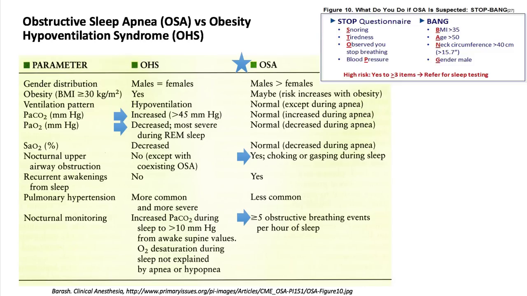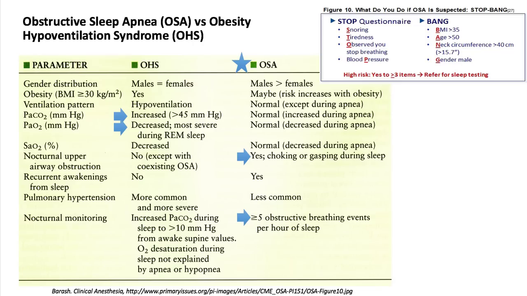And what we classically see is that at nighttime, this person is observed to be choking or gasping during sleep. They recurrently awaken from sleep, and they have more than 5 obstructive breathing events per hour of sleep on polysomnography testing. Obesity hypoventilation is different in that the gender distribution is male equals female,